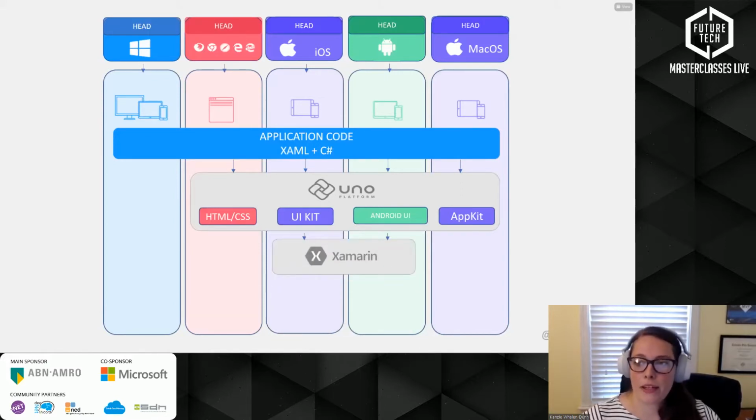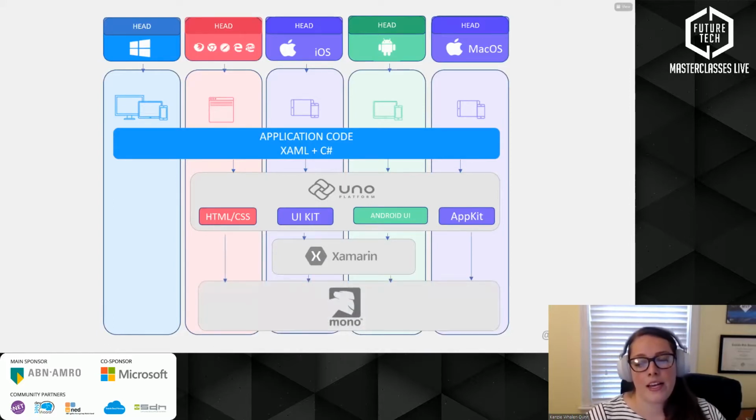Underneath iOS and Android, Uno then applies Xamarin. If you're familiar with Xamarin, this is not Xamarin Forms. This is just Xamarin Native. So this is, of course, maintained by Microsoft. So it's another open source platform, and it's really powerful. So it's great to see a tool using all these other Microsoft technologies.